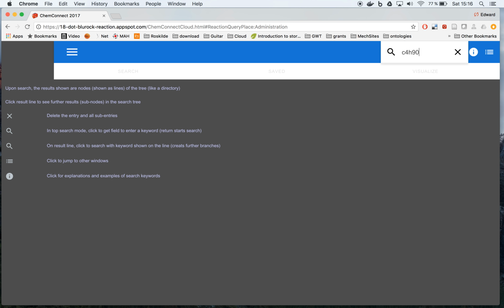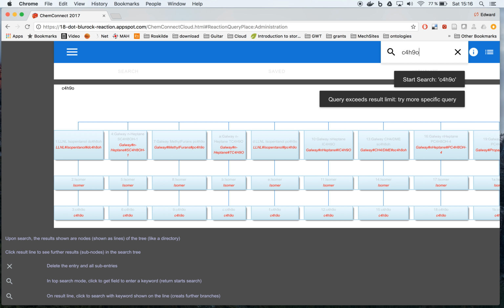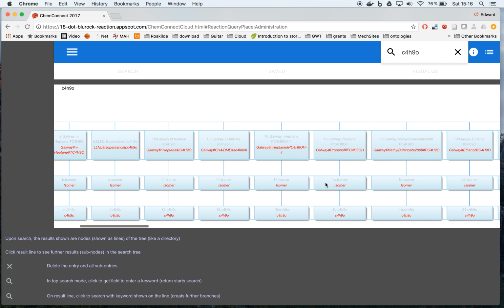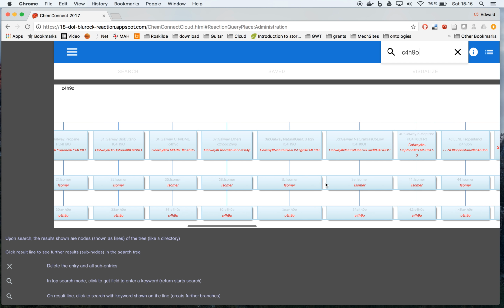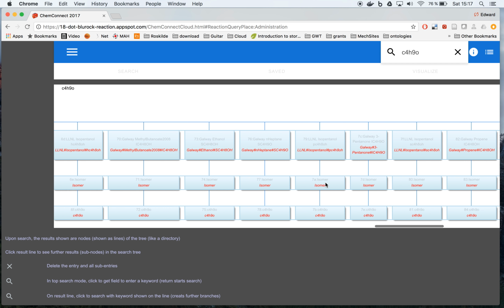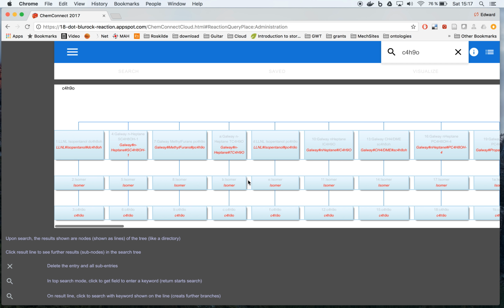C4H9O, this can be considered a molecule name or even an isomer designation. And then when we enter this, we see where this appeared. First of all, you see it has appeared as an isomer. So this is an isomer here the whole time. So now we have a list of where the isomers appear within all the databases,